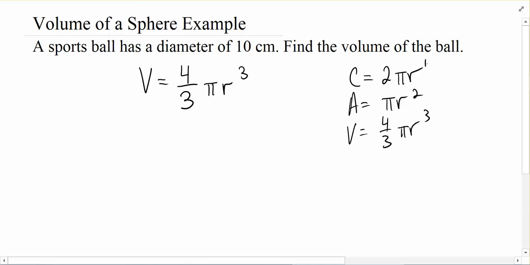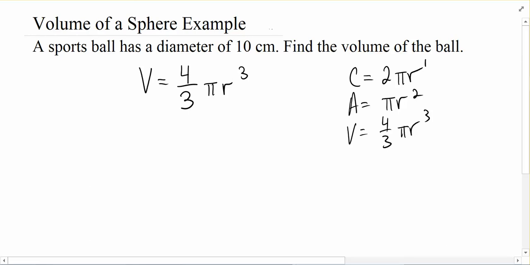Notice that circumference is being raised to the first power, and you're measuring something that's one-dimensional. You're measuring something in feet, inches, yards, meters. When it comes to area, your radius is squared. And you're measuring something that's in square inches, square feet, square meters, which is area. And when it comes to volume, you have r cubed in the formula. And you're measuring something that comes out in cubic inches, cubic feet, cubic meters. So pay attention to that power of r's. It's really going to help you to differentiate between these formulas.